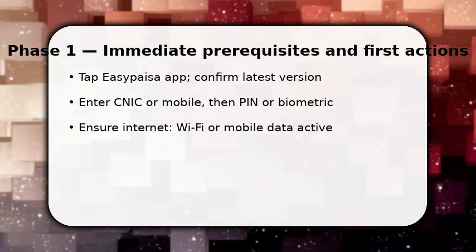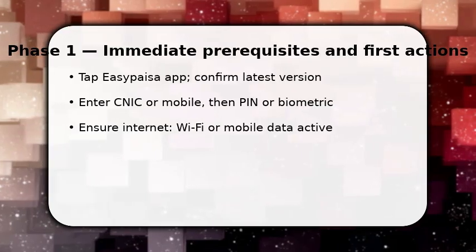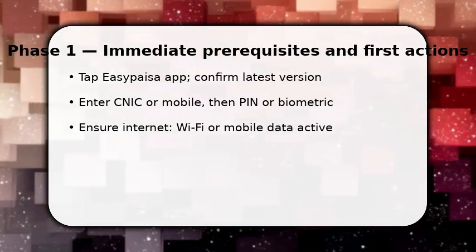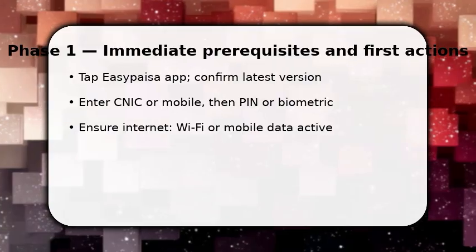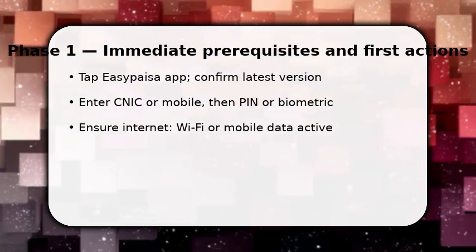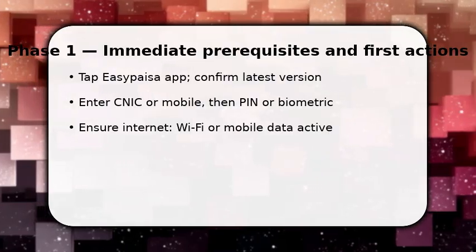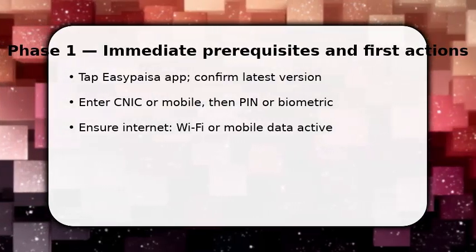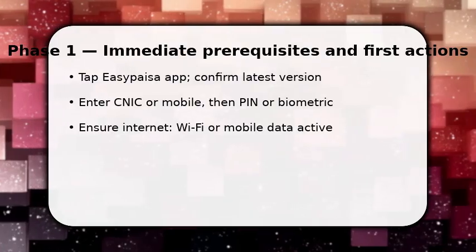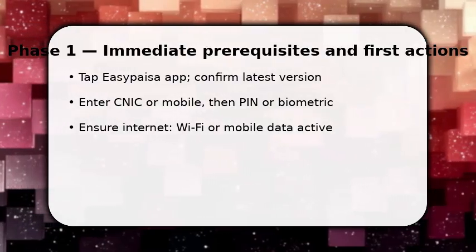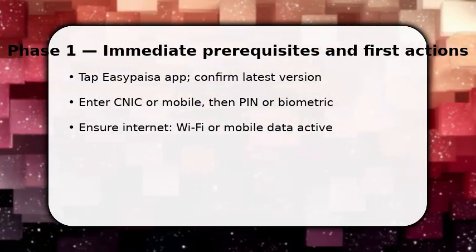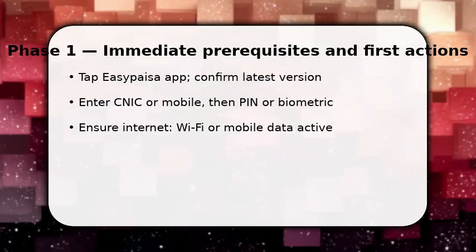You start by opening the Easypaisa app and logging in. This lets you access secure account features. Enter your registered mobile number or CNIC, then authenticate with OTP, PIN, or fingerprint. Once done, make sure your app is updated and your connection is stable, Wi-Fi or mobile data, so the next screens load without errors. If you can't log in, pause and check your credentials and device settings before proceeding to